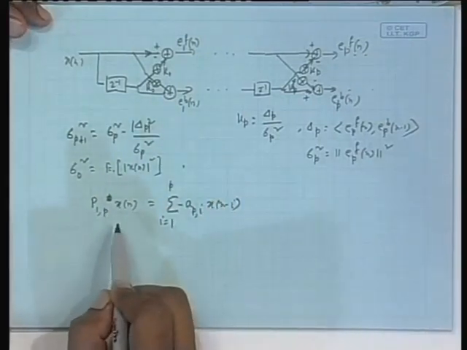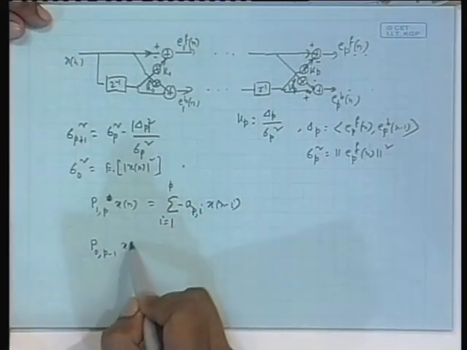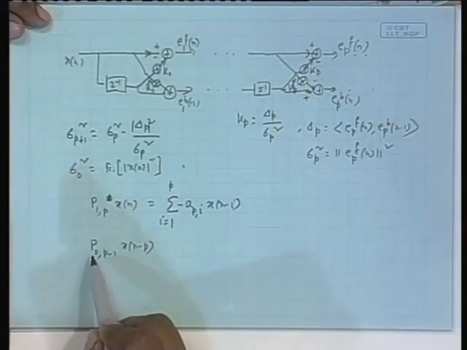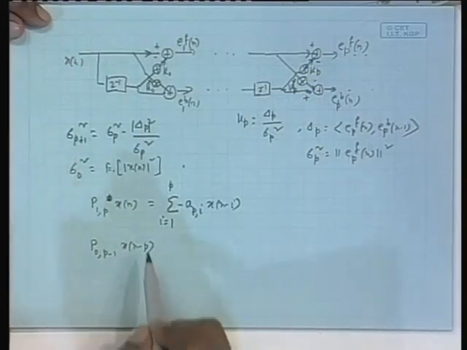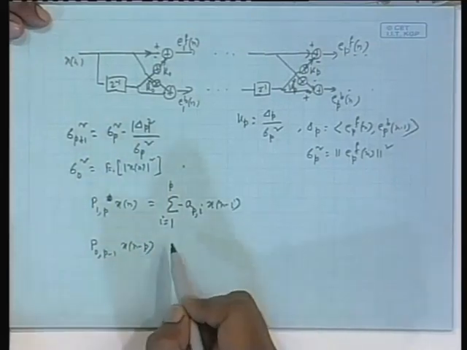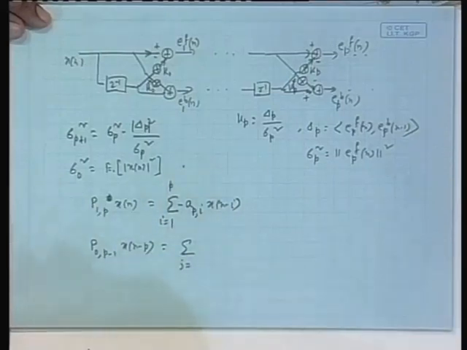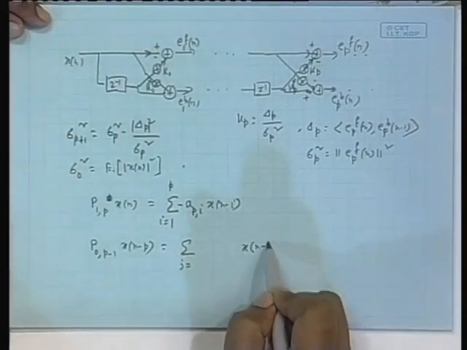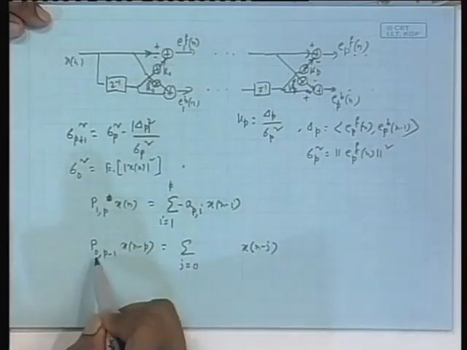Similarly, this is for the forward projection. For the backward projection, we had p 0, p minus 1, and x n minus p was projected on the space spanned by its p future terms, starting at n minus 0, that is x n, x n minus 1, up to x n minus p plus 1. So, that projection, instead of the projection error, again I am taking the projection. That again will be a linear combination of those elements which are spanning the space. So, introduce j, the range I will write later. Suppose you write x n minus j. So, obviously, j has to go from 0 to p minus 1.